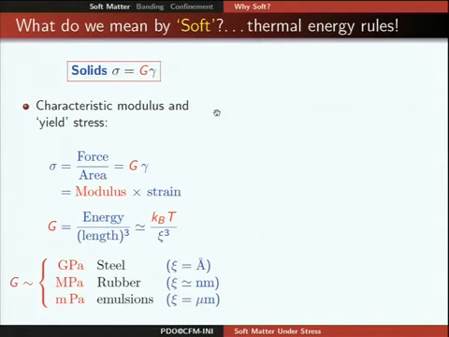Okay, so I think we all know what soft matter is. So a modulus, shear modulus is an energy density, and the typical energy scale available is kT, and the length scales that set the density are the length scale of the microstructure. So if you think about steel, which has a tiny microstructure, the modulus is huge. But for soft matter, where the structures can be quite large, nanometers or microns, just a simple back of the envelope estimate says that the stresses are very small, so it's very easy to perturb the structure, and that's why there's so many interesting things that can happen, because human stresses are able to easily deform what happens in these